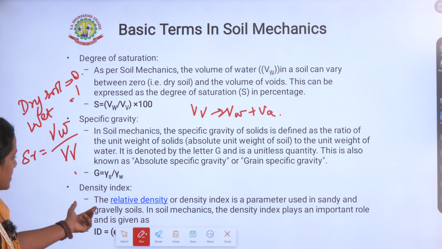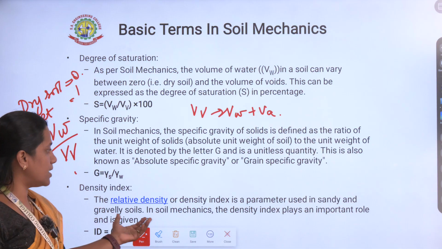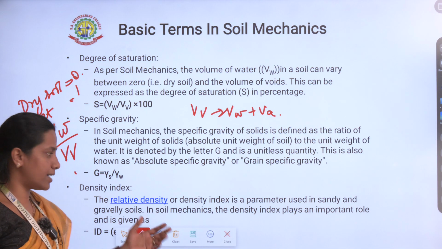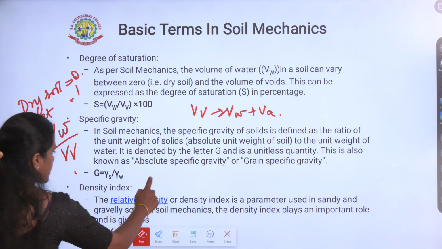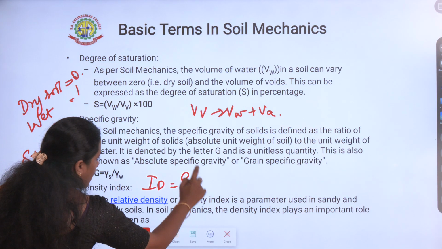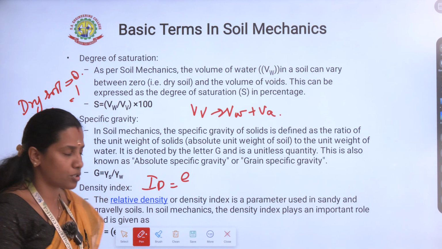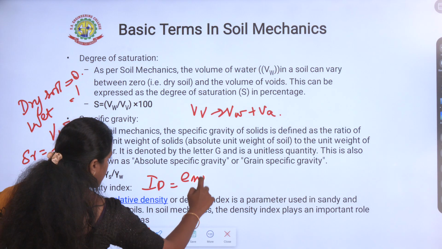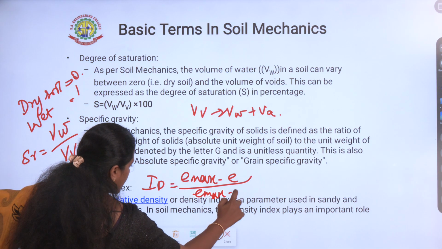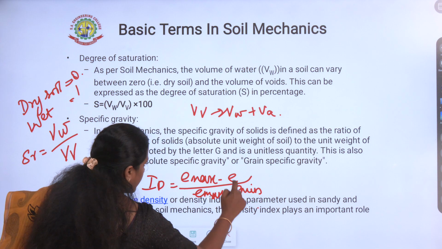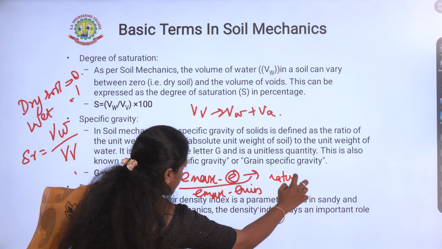Then density index is the compactness index. It can also be called relative density or density index, represented as ID. We compare the void ratio when the soil is fully compacted or fully loose. It is e max minus e divided by e max minus e min, where e is the void ratio in its natural state,